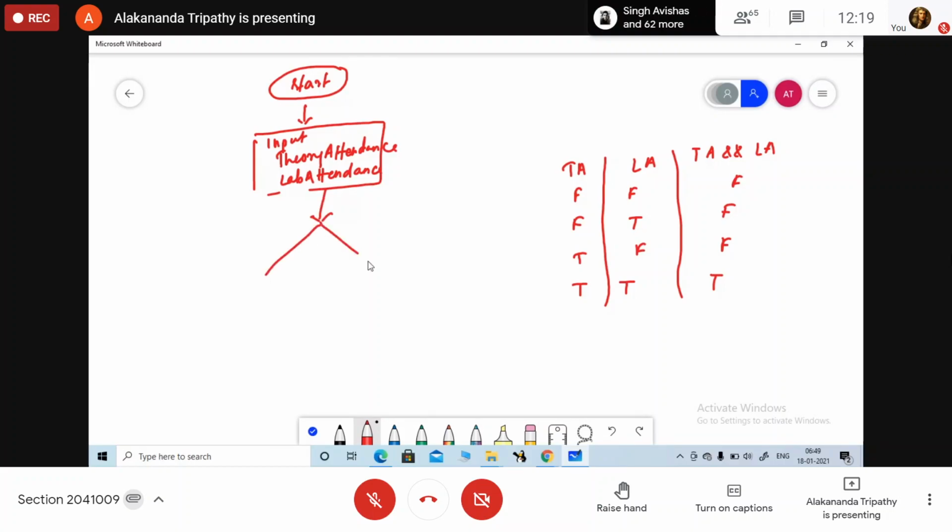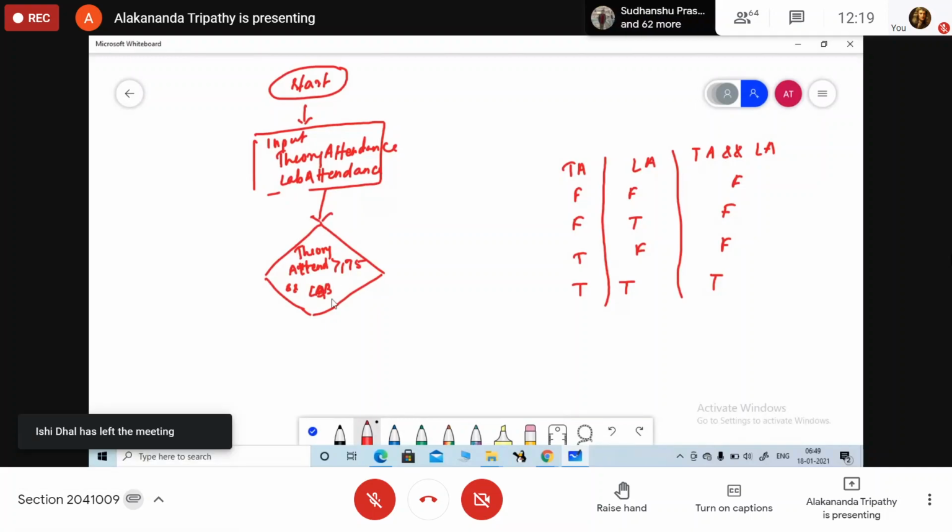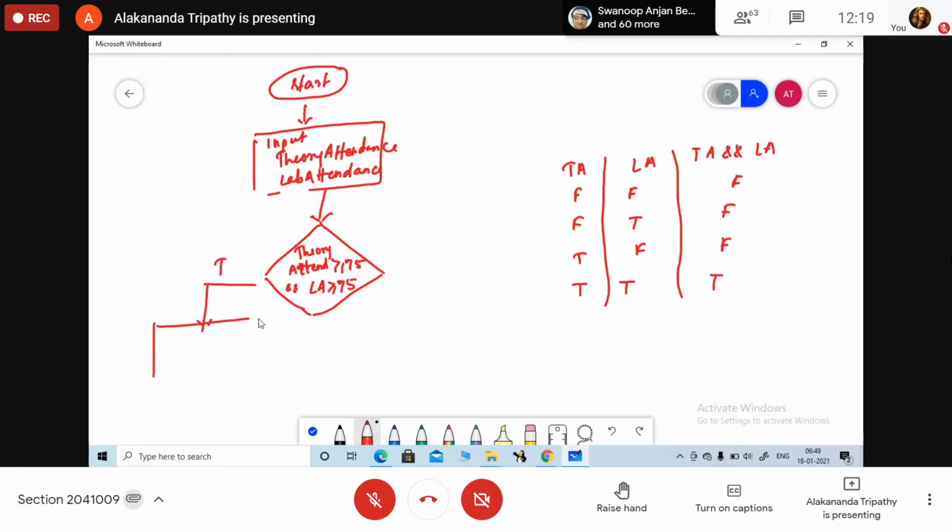Then we will check the condition. If theory attendance, here I am writing in short, is greater than equals to 75 and lab attendance is greater than equals to 75, then if it is true, we are going to print appear exam.